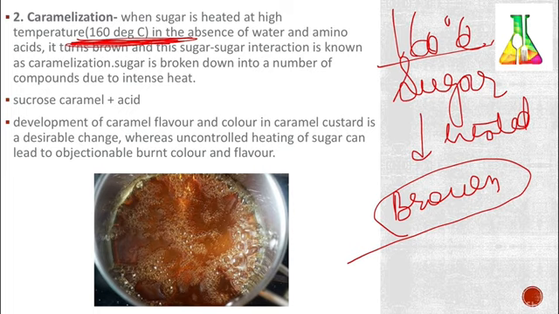And the process of caramelization occurs at a high temperature, while Maillard's reaction develops brown color at low temperature. Okay, this is the process. If you have to distinguish between caramelization and Maillard's reaction, then the first point you will write is that the Maillard reaction occurs at low temperature and gives brown color, and caramelization at the same time gives brown color but at a high temperature. Okay. With the use of a suitable catalyst, it is possible to carry out caramelization to produce either flavoring or coloring caramel for food use.